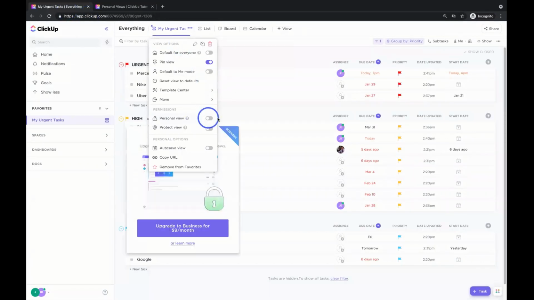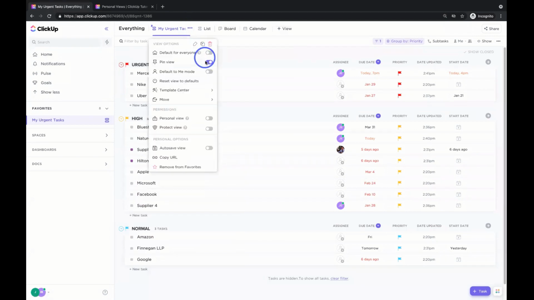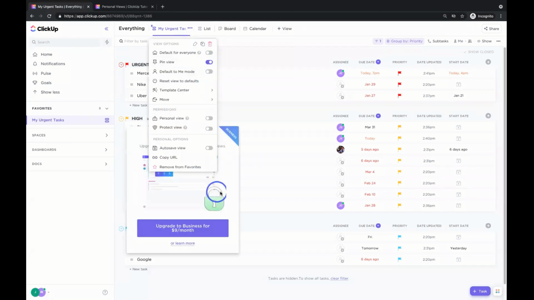But if I select that here, then you'll notice it is paywalled, right? So for my account here, I cannot do a personal view because I am not on the business plan, right? I'm only on the unlimited plan. So you can upgrade to the business plan in order to have those personal views. Hopefully that answers your question. Business plan is actually really darn awesome. You'll see some more stuff on it as well.